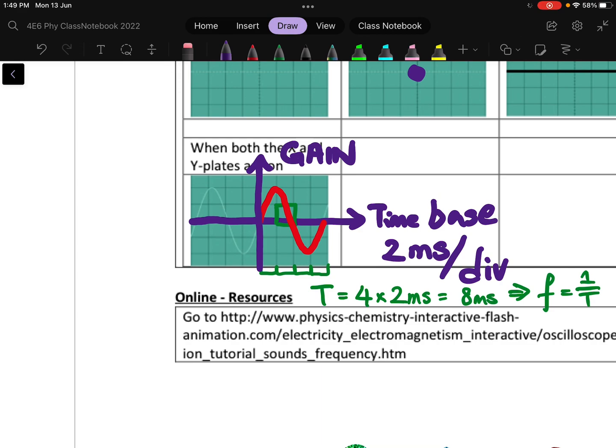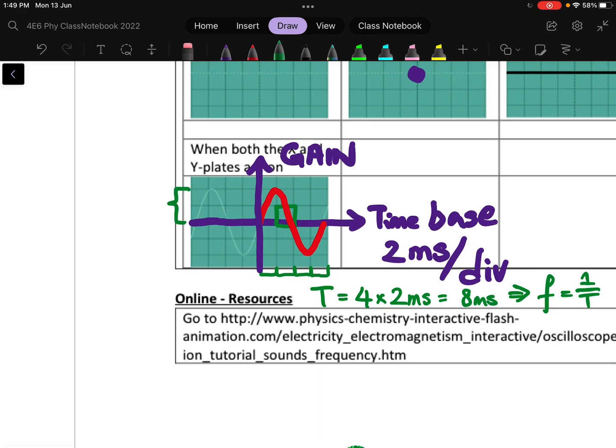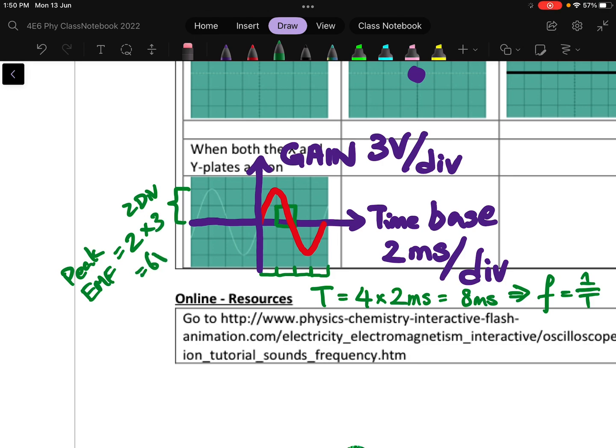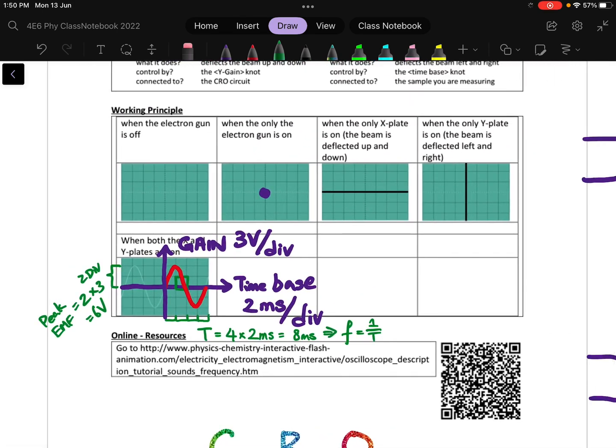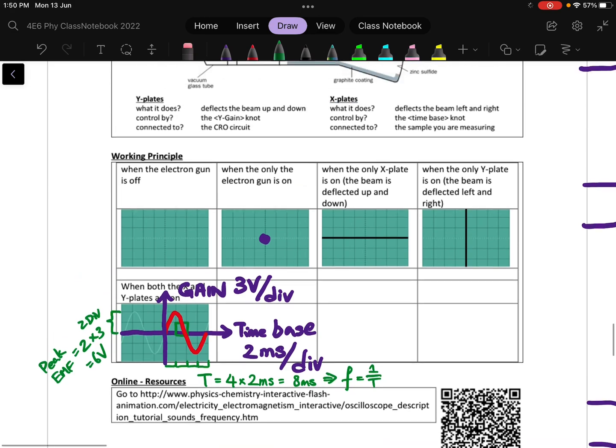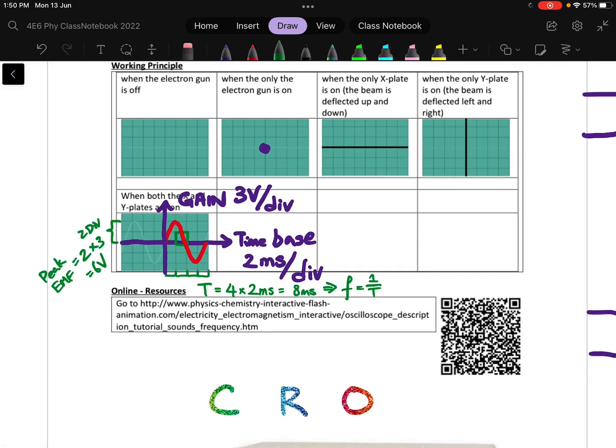And the other thing you need to know is that the y-axis of this is actually called the gain. So if you look at this sample, you can see that the gain is actually 2 division, right? And they will actually tell you, for this particular cathode ray oscilloscope setting, the gain is maybe 3 volt per division. So the peak EMF of this AC power source would be 2 division multiplied by 3 volt, which is 6 volt. So that is how you read or interpret the reading on the cathode ray oscilloscope, and you can refer to your worksheet in 22.5 for some